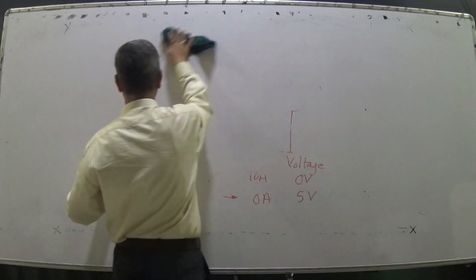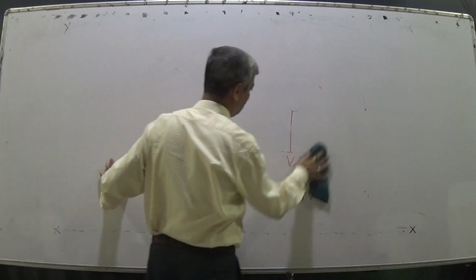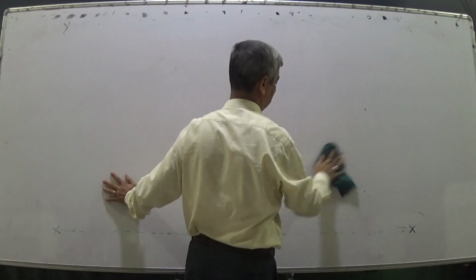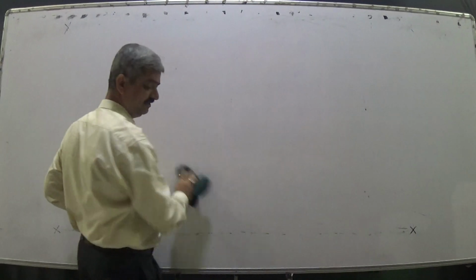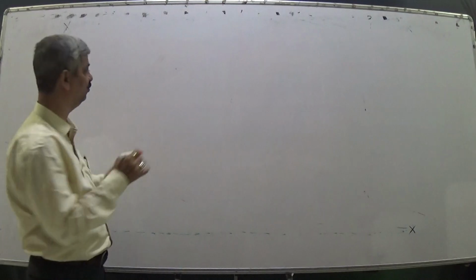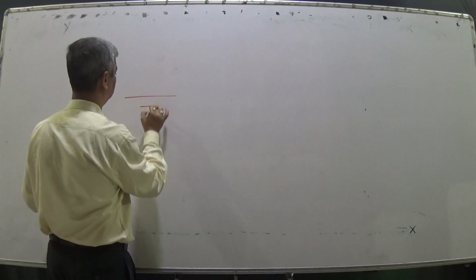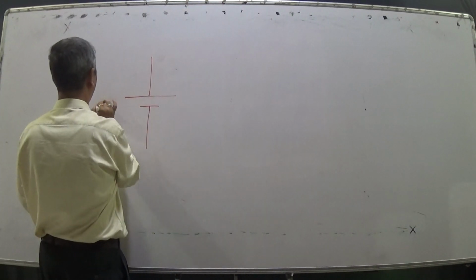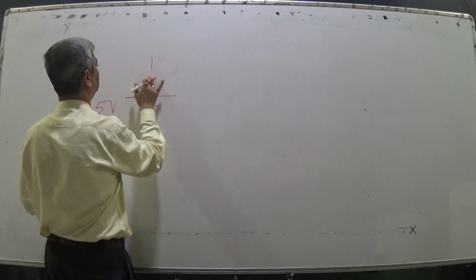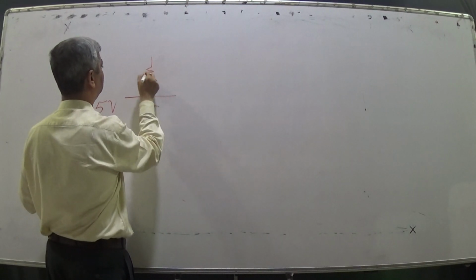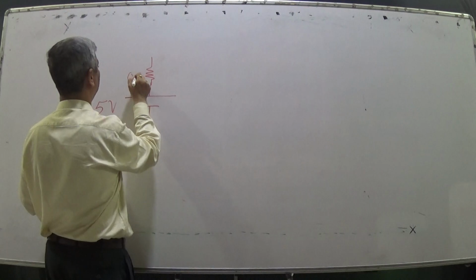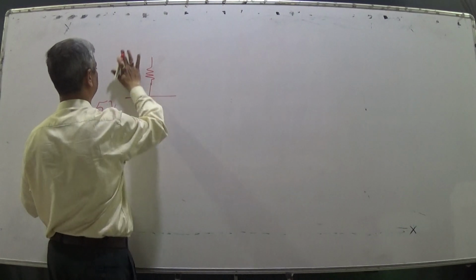So a practical voltage source, what is a good source? Which is having less resistance, less internal resistance. So a practical voltage source is having, say, 5 volts and let us say 0.5 ohm internal resistance